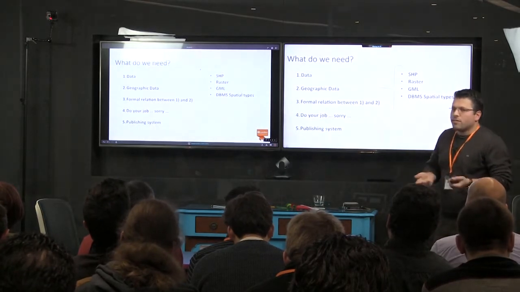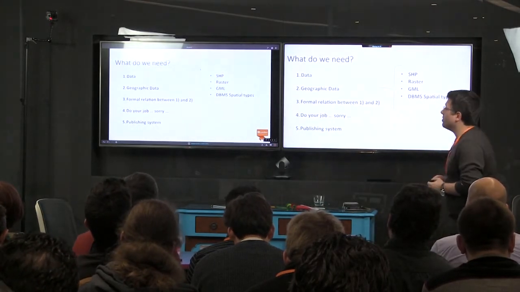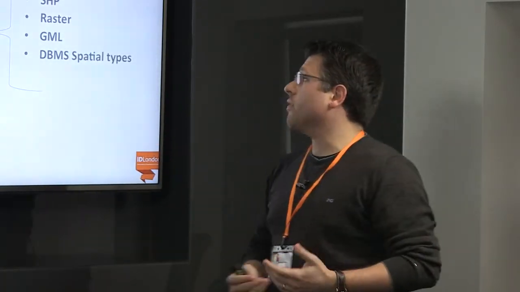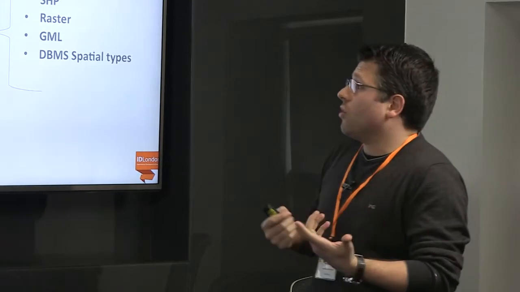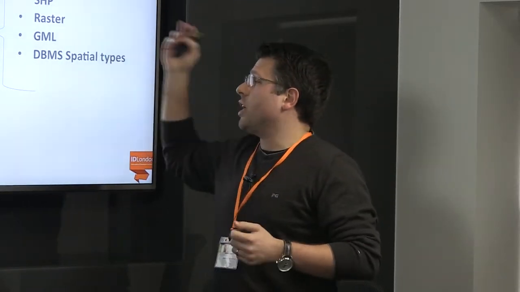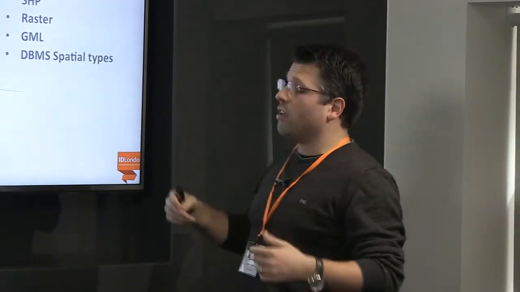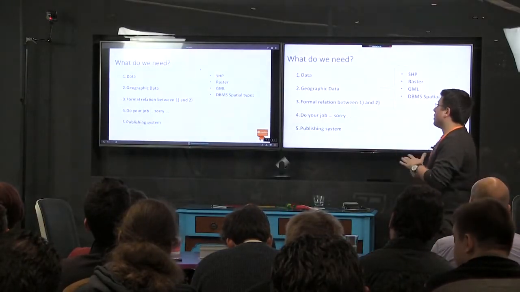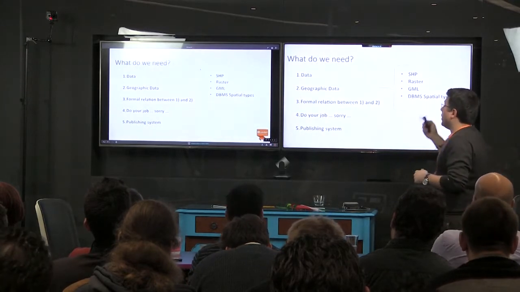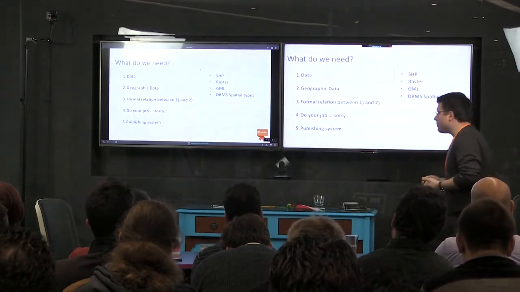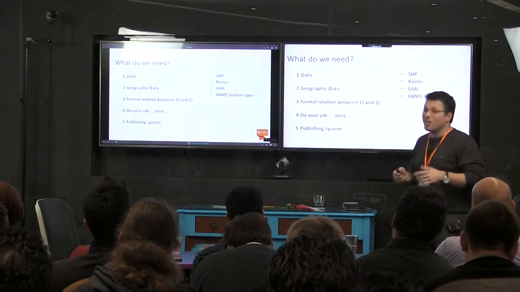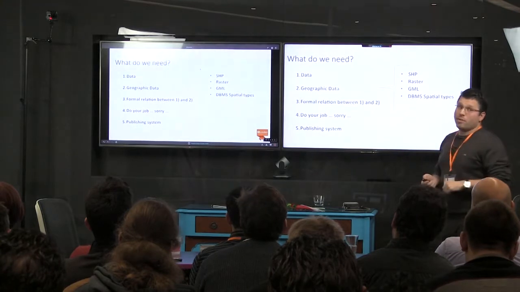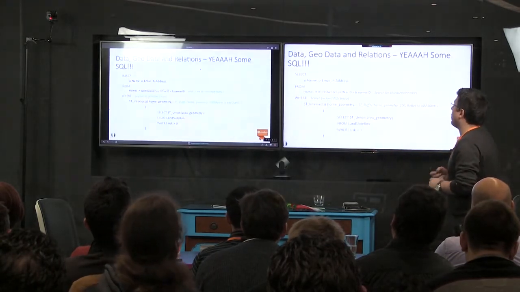So if we want to create a new geographic information system, even if it is simple, we need some data, as I said, some geographic data, and we can store those geographic data in a shapefile, raster, GML, a geodatabase, and we will see later some technology we can use. We need to identify the formal relation. We do need to do our job, coding a bit, overnight maybe, and publish the system. And we will talk about that